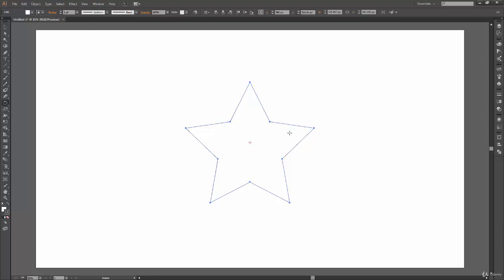So this transformation tool works in two ways. At the first click you are going to set your reference point, and at the second click you are actually going to transform your shape. So now I have my cursor as a kind of crosshair. At this time I'm actually going to place my reference point. So wherever I click, my reference point repositions to that place, and now my cursor has changed to an arrow icon. So at this time I can click on a shape and move my mouse to actually transform my shape.